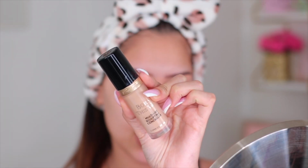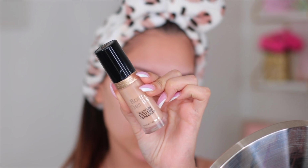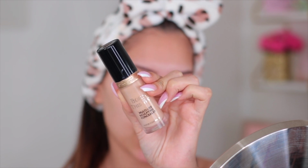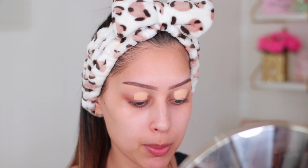So I'm going to go ahead and just apply some concealer, and the concealer that I always use for this is this one right here. This is the Born This Way multi-use sculpting concealer. This is meant to be a concealer, and you can also get it in a darker shade to use it as a contour. So I usually apply about that much,